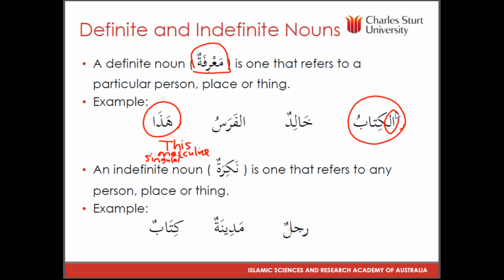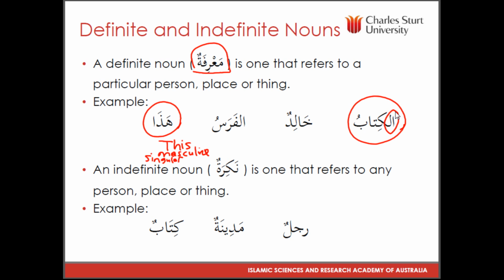Al makes this one ma'rifah. It is not by itself ma'rifah. For example, Hada or Khalid in the second example, they are ma'rifah because every person is definite. Khalid is Khalid, even though someone else's name is Khalid, these two are definite and they have their own qualifications, their own aspects, isn't it? But to make normal words ma'rifah in Arabic, we have to put this definite article in front,